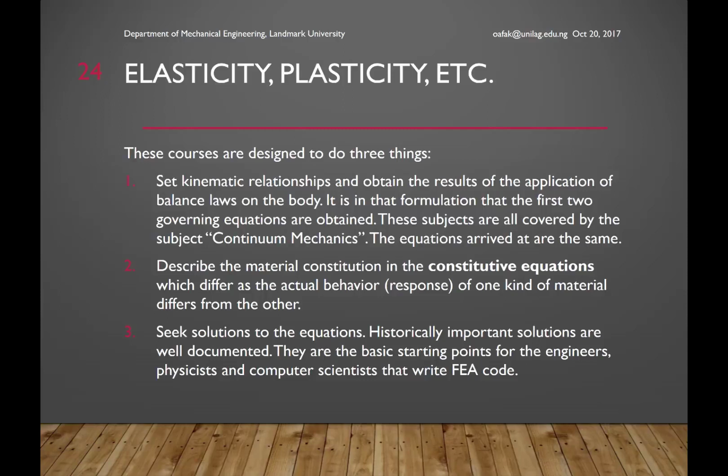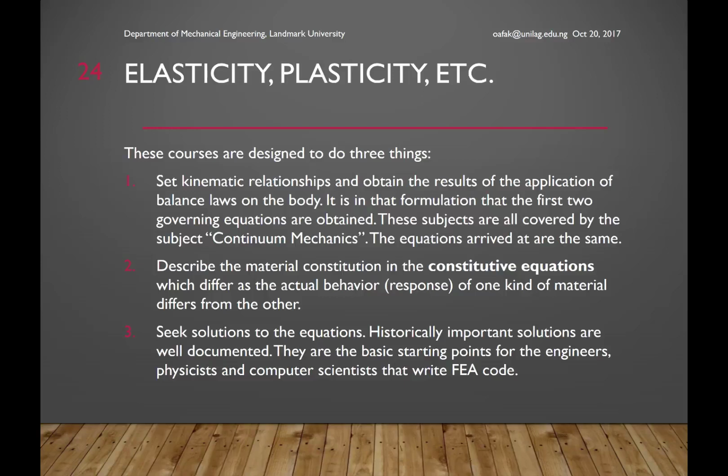Elasticity, plasticity, viscoelasticity, and all the continuum mechanics subjects are designed to do three things. One, to set the kinematic relations and obtain the results of the application of balance laws on the body. It is in that formulation that the first 2 governing equations, which are the Cauchy's law of motion and the strain displacement relationships, are obtained.